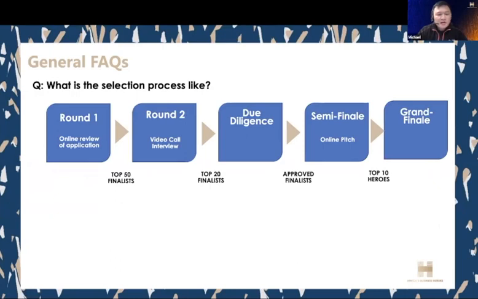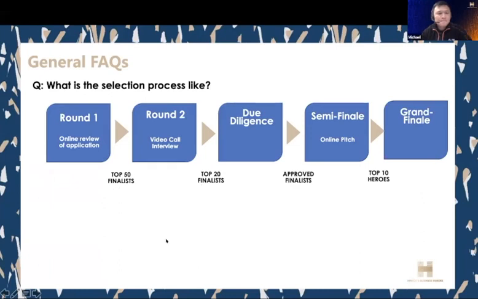They will score the applicants after the interview, and then move them to the third round. Basically, the top 20 from the top 50 will enter into the due diligence process. After the due diligence, we will have the semifinal to select 10 finalists from the top 20, or we don't know how many are left after the due diligence, but eventually we will select the top 10 to enter into the grand finale.